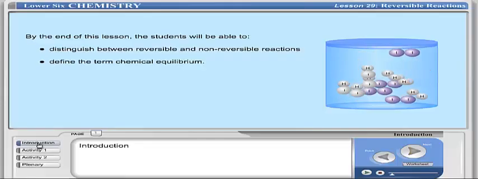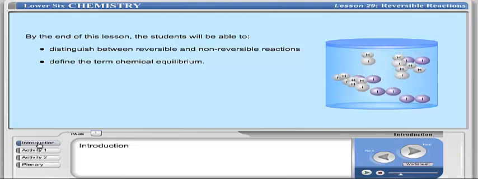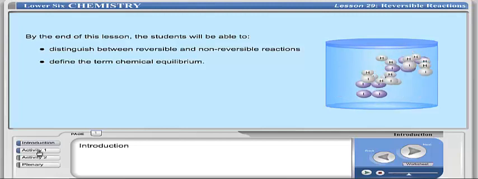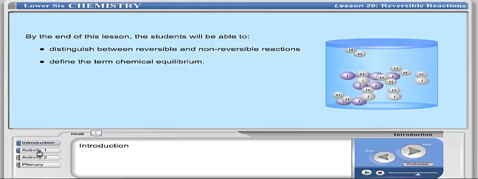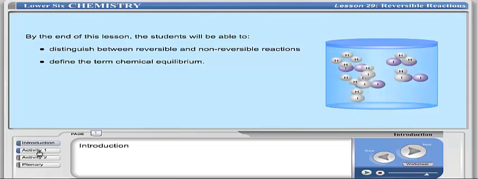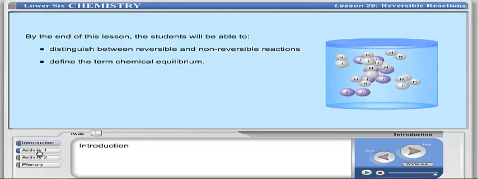By the end of this lesson, the students will be able to distinguish between reversible and non-reversible reactions, define the term chemical equilibrium,